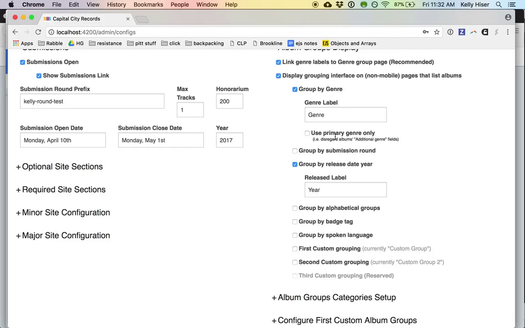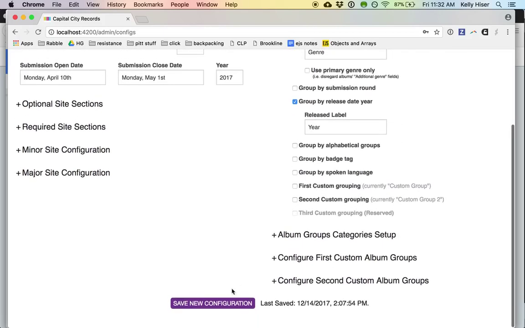What this means is that now artists have the option to select up to 3 genres. If you click the default here, it'll mean that their album only shows up in lists for their primary genre. By default, this is not selected, and so albums will show up in any genre that the artists have identified for them. I'm going to just leave that not checked, and I'm just going to go ahead and save this